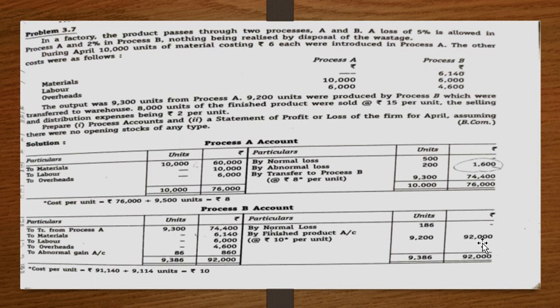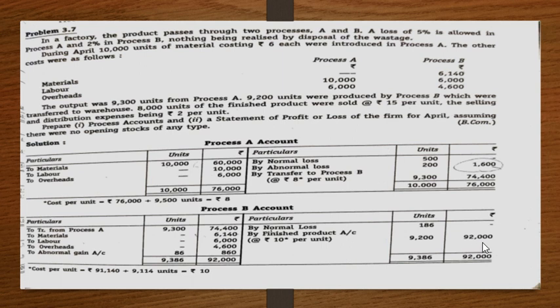And the last thing we're going to find out is the difference. Usually the difference will be the amount which is to be transferred to the next process, or it can be the finished product value. The total of your input for process B is 92,000. In your output, you don't have anything, it is nil. As there is no amount in your output column, the balancing figure will be 92,000 itself.